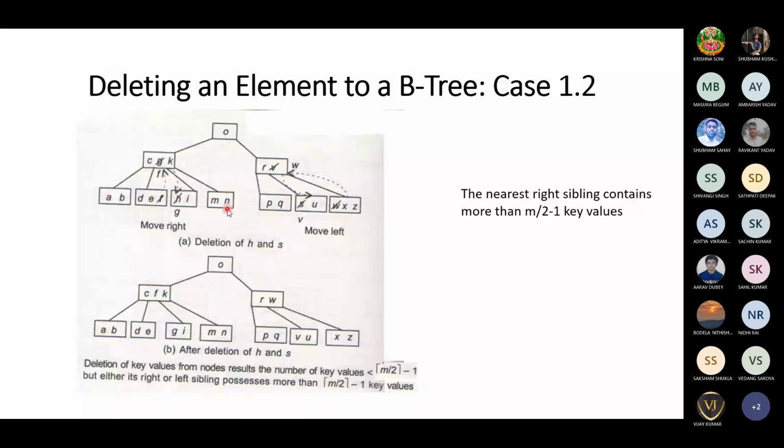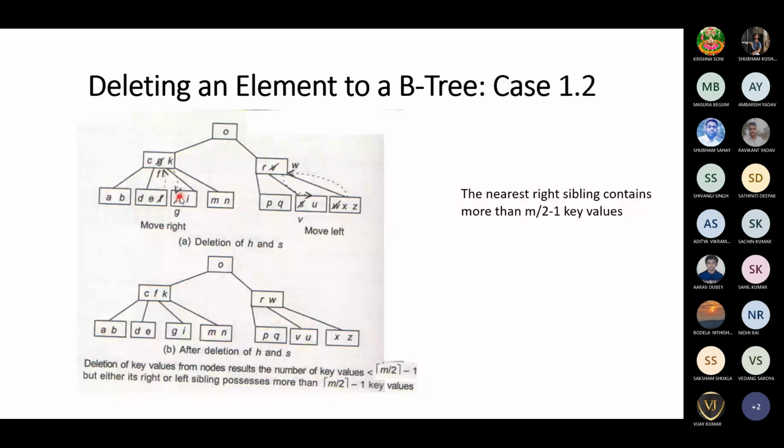So what we will do is we will move right. This last node of the previous sibling, F node, we will move to the root node first. Then we will try to insert it in the appropriate position. So F will move to the root node, and G will be inserted as a child node. Okay. So now the order is balanced.